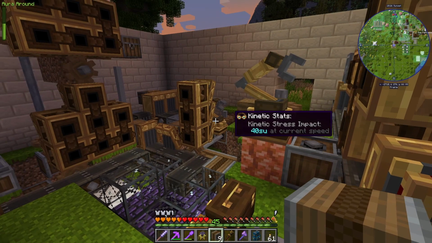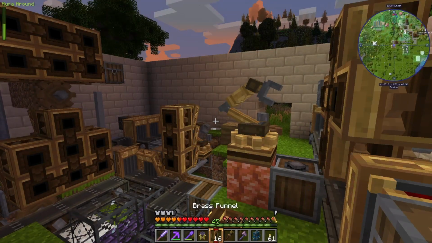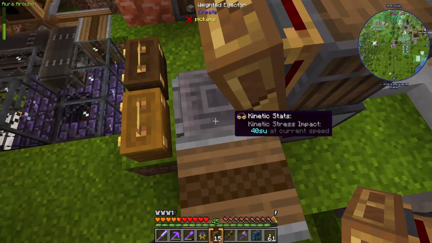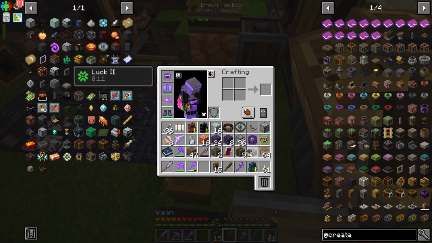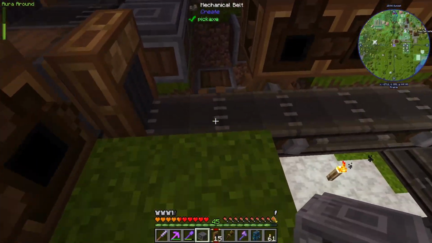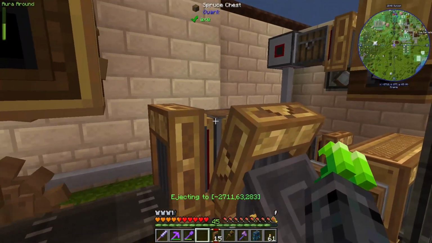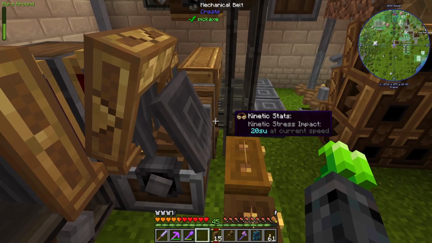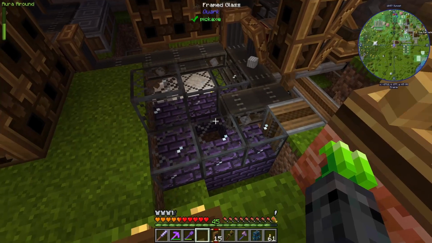So all we should really need to do now is if I place one of our brass funnels on here. Oh, I mean, yeah, I guess I need to configure it correctly, don't I? You have to shift right click. So this is our direction. I want to shift it over there. Let's try this again. And it gets launched over, and then it's going to follow the path around,